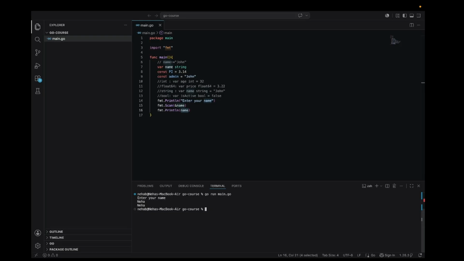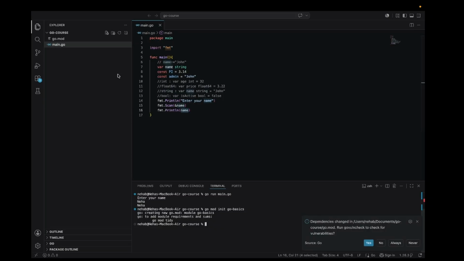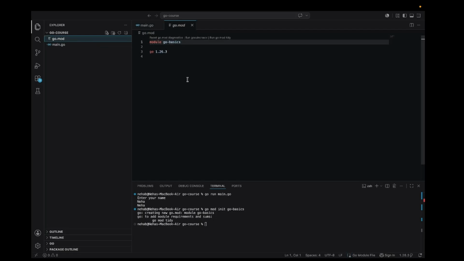So instead of doing everything in a single main.go, I want to initialize a complete module. For that, I'm using a command that is go mod init go-basics. I just ran this command and you will notice a file has appeared here. That is go.mod. If I go inside that,